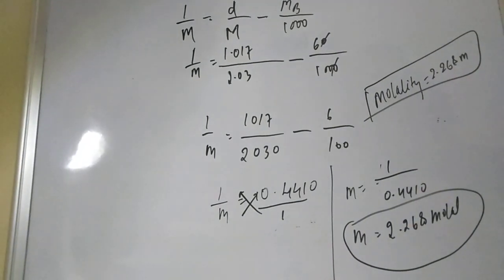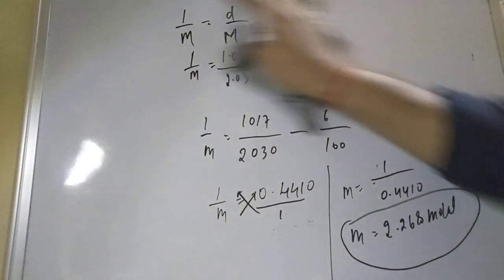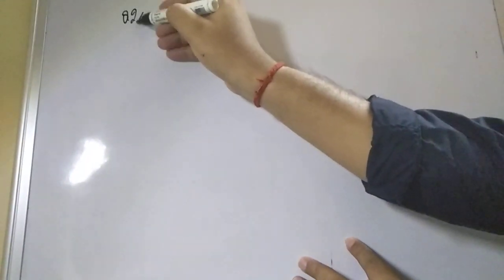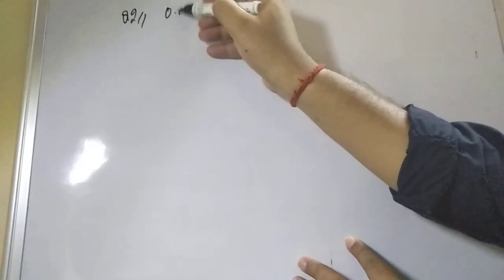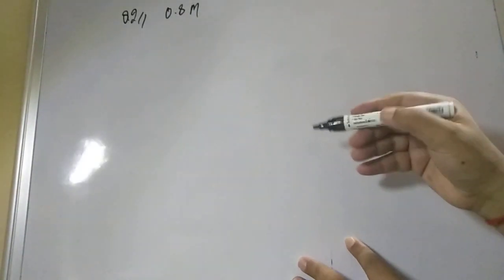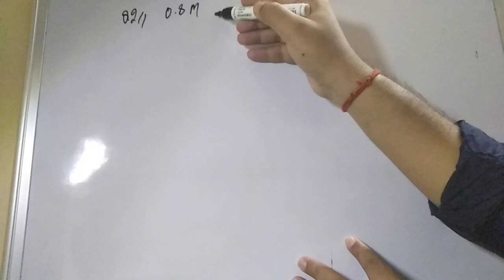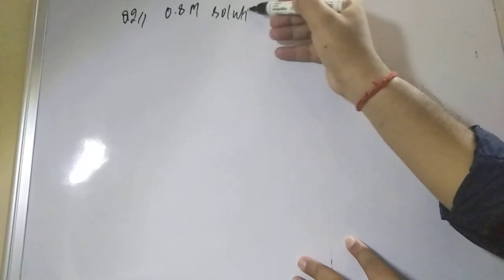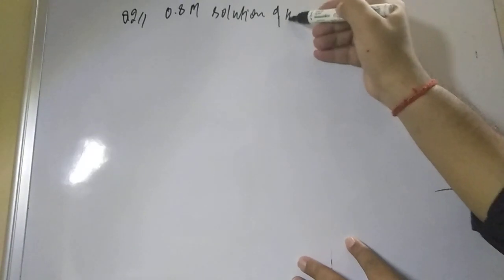Now let us solve one more problem and try to understand the formula. So the same formula we will apply. Let us see the other. So one more question, question number 2. What is question number 2? 0.8 molar solution of H2SO4